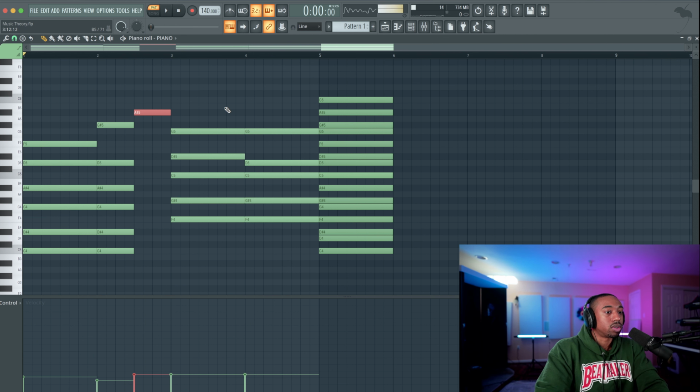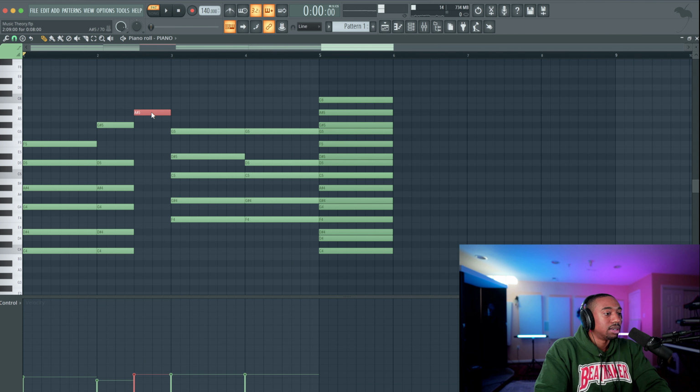So passing chords or borrowed chords, depending on how you use them, they're basically chords from another scale or a chord that you just insert into the chord progression and it just works. Okay, so it's not in the scale. So this is where you would leave the scale and then come back to the scale. So a simple chord turnaround is a diminished chord, for example. 036 is the chord code. So in this case, I would assume that this note is the top note of the chord, the diminished chord.